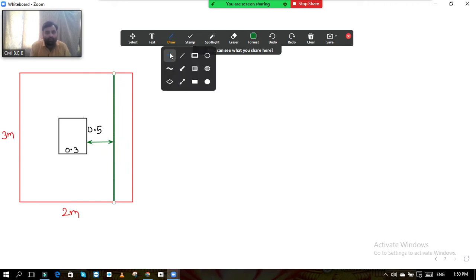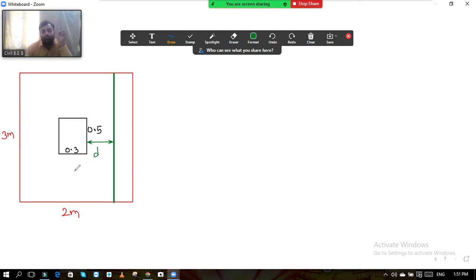So what is the meaning of this? Here the crack will get developed, in one-way shear or one-way punching. Here you can see on this edge the crack will get developed, and this small rectangle will get detached from this big rectangle, and along this side the cracks will get developed and the failure will happen. So this is called the failure of the footing by one-way shear. The critical section is at a distance d.